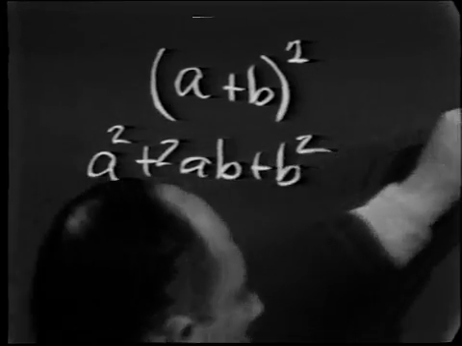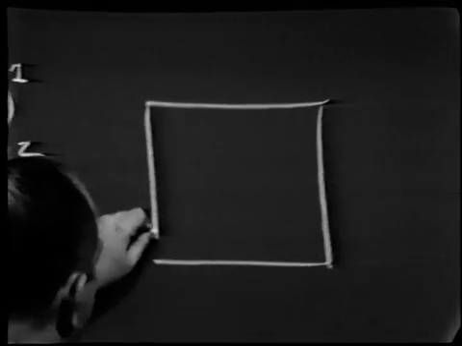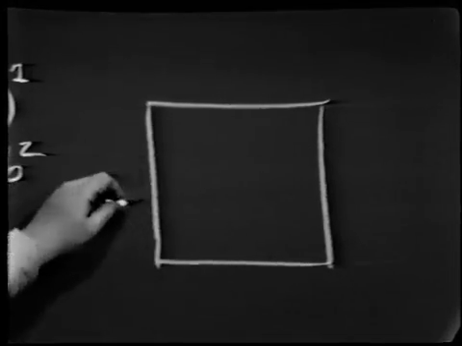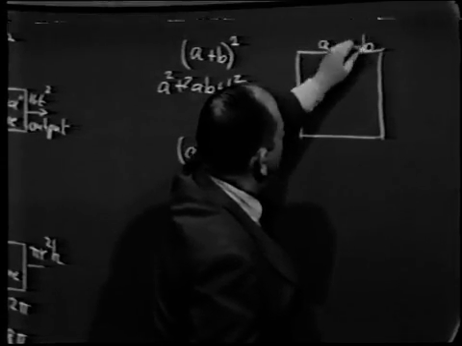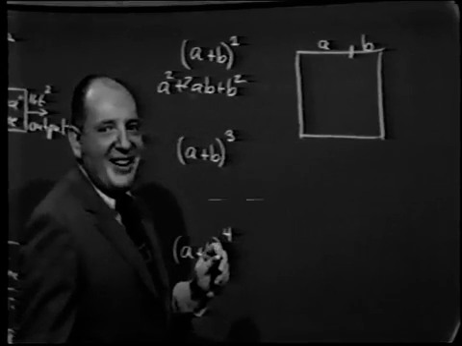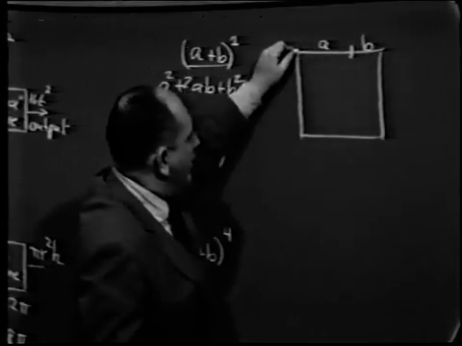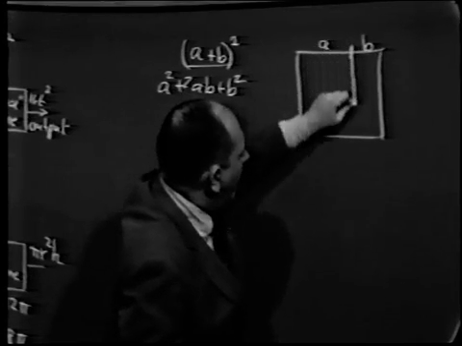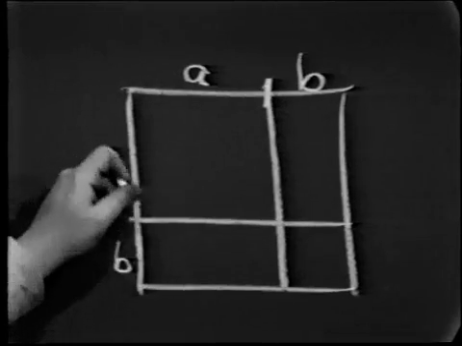Oh, to be sure, if we had a picture, we get a tremendous amount of insight as to what's happening here. Namely, let's visualize a square whose side is a + b. On the one hand, the area of the square would be (a + b)², the side squared. On the other hand, if we now subdivide this figure this way, we see that that same square